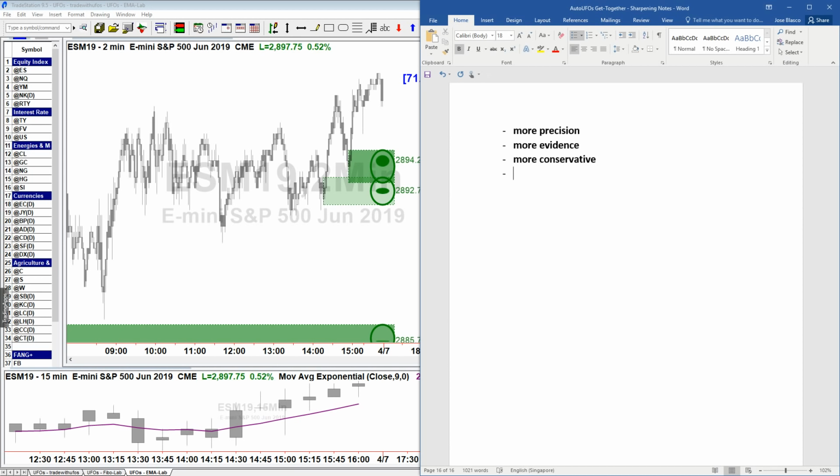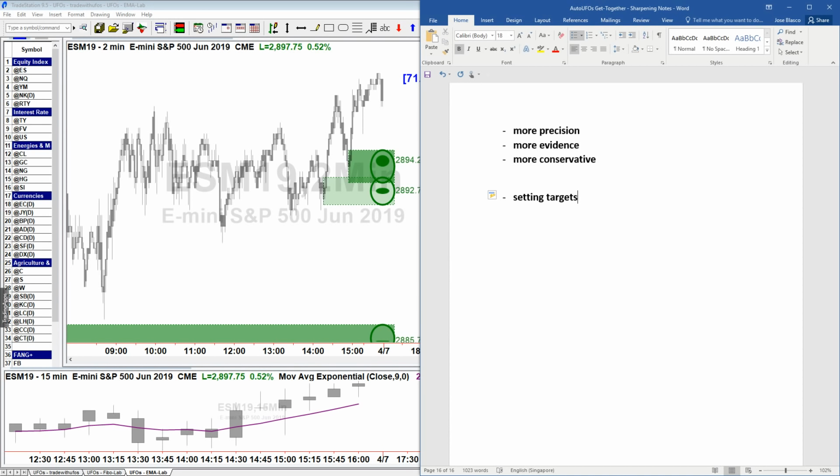Okay. What else? I also want to talk about something super important, which is setting targets. This is something we need to discuss more in depth. Most of the time we discuss the rationale when it comes to entering a trade, and we talk about the entry. Of course, it doesn't make sense to talk about exits unless you have an entry. But one thing you will realize, if you haven't yet, is that in trading a good entry is very, very important, but once you are in the market and it's moving your way, what's really important, and many times even more than the entry, is the exits, meaning when you take profits.